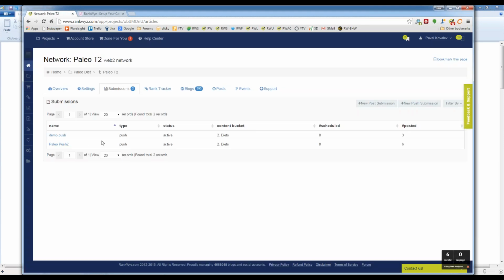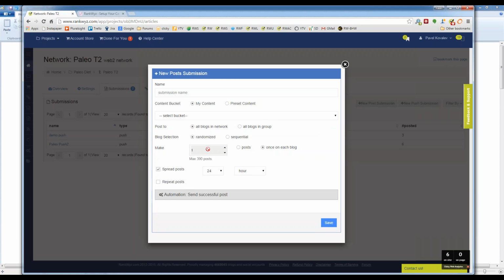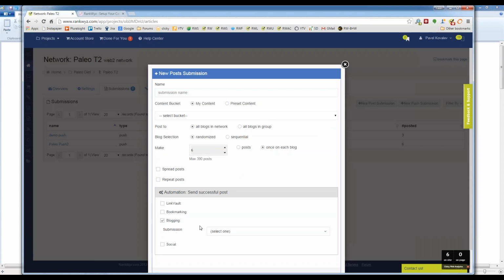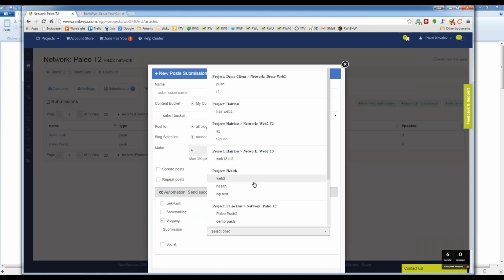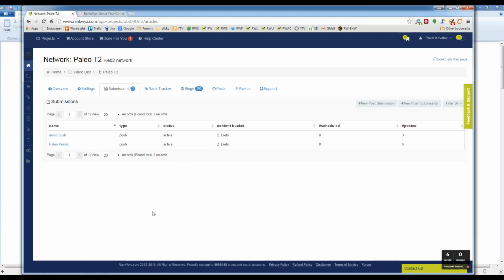But basically, if I go to create post submission now and I schedule my post, this is what we do. I want to do, like, 100 posts, or 5 posts. But every successful post I want to send to the push submission, and this is the selection. And I don't need, in this case, to specify anything because push submission is configured: what content to use, what link, what anchor to use, how many times to post. I would just say, if it's successful, push it down. And every submission has this. You can chain any number of submissions in the